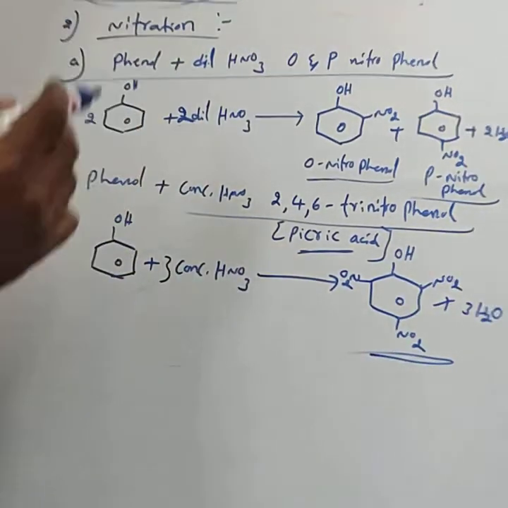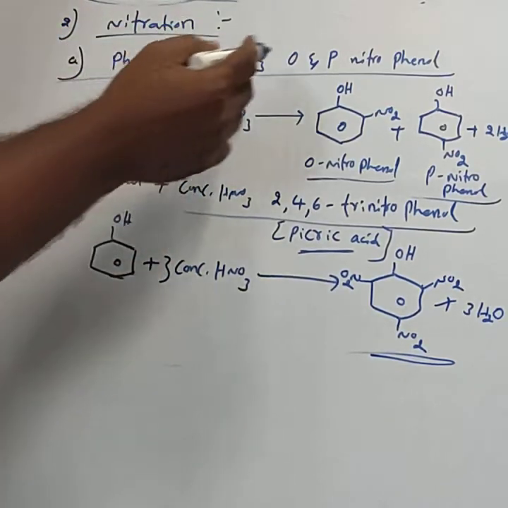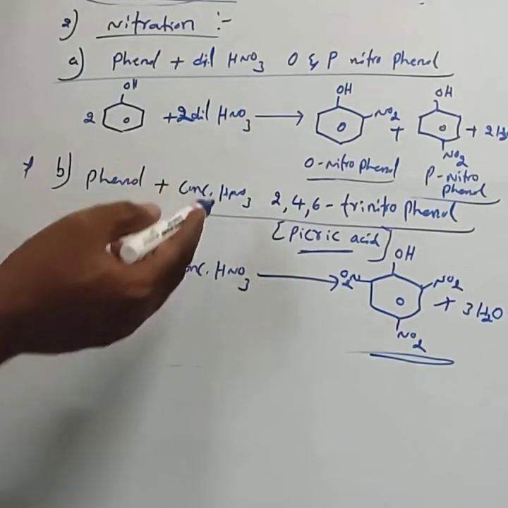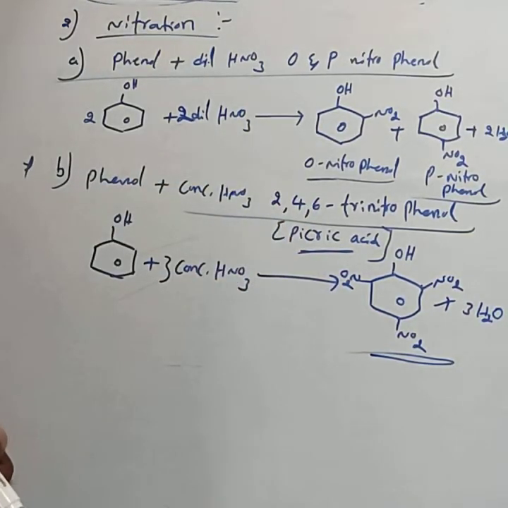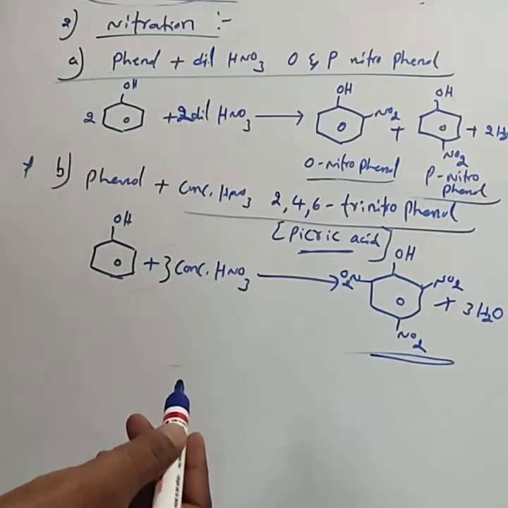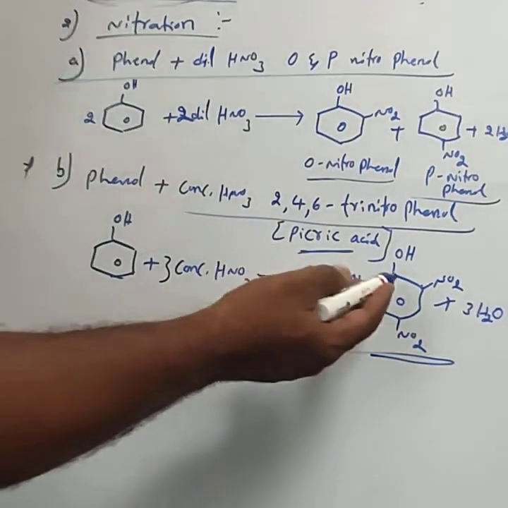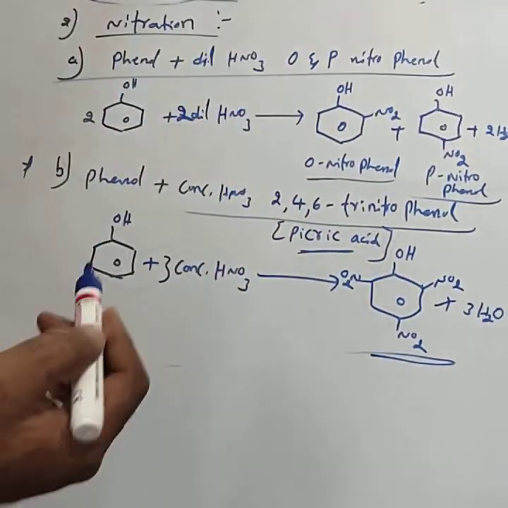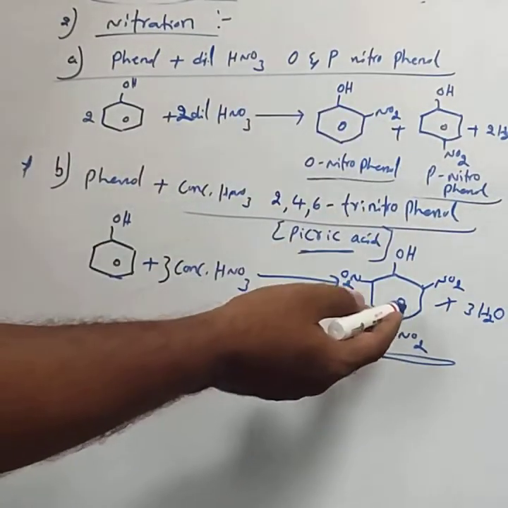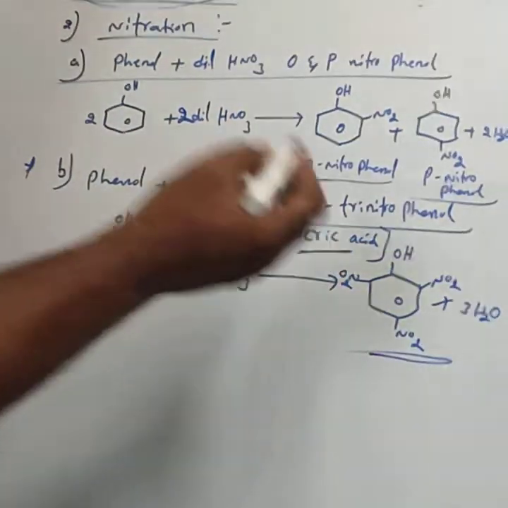This is about the reaction with nitric acid. With dilute nitric acid it forms ortho and para-nitrophenol; with concentrated HNO3, 2,4,6 trinitrophenol is formed. This picric acid is a stronger acid. It is more acidic. It is a stronger acid than any nitrophenols compared to ortho, meta or para, as we already discussed in the last class. Compared to any nitrophenols, picric acid is a stronger acid.